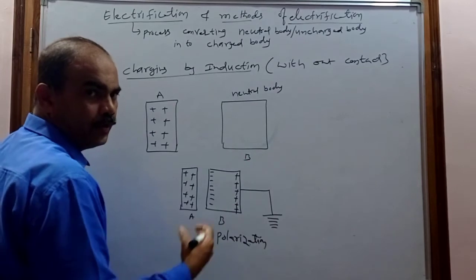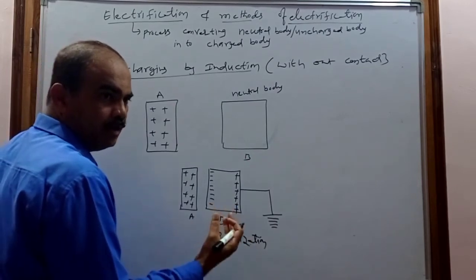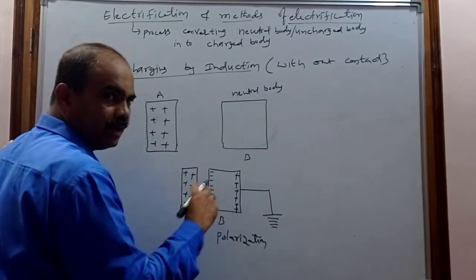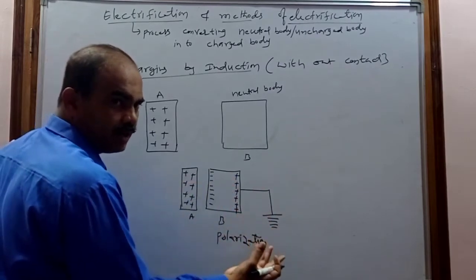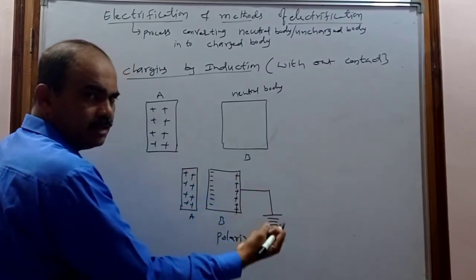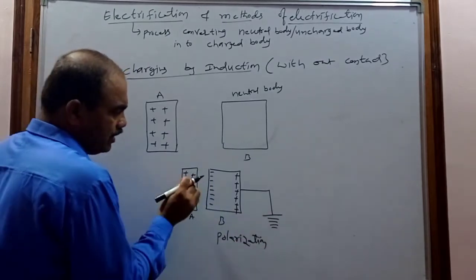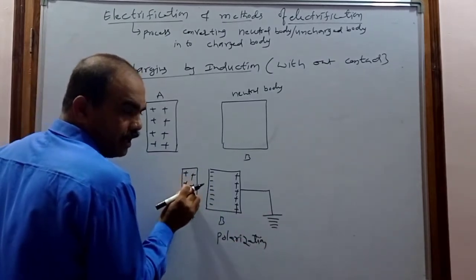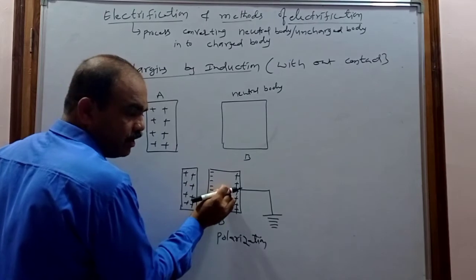Earth will be a huge source of electrons. We can take any number of electrons from the earth, and we can give any number of electrons to the earth. So that's why, when this positive charged body is kept very near to this uncharged body, the charged